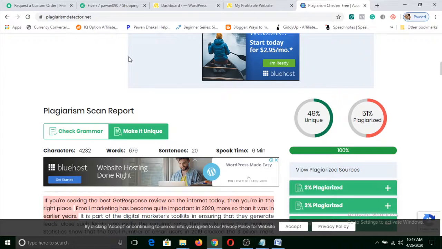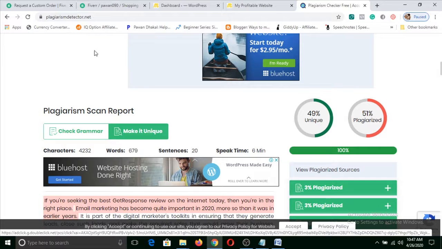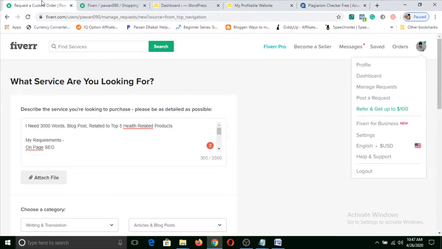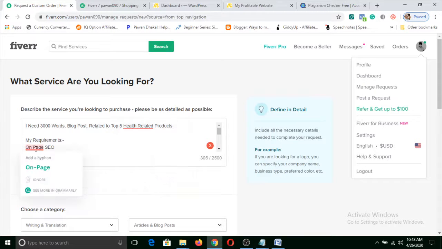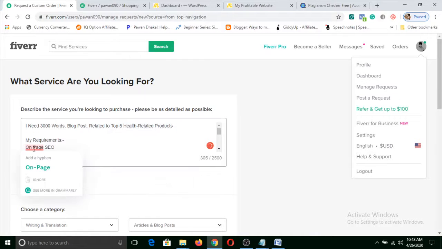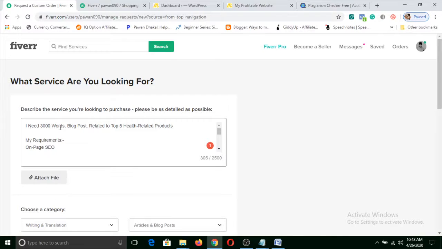So after doing that much, you also need to check grammar. If you see here, I have added an extension of Grammarly. Because of this, red lines are showing, and it is suggesting that this word should be like this, this word should be like this. Now, let's say if I made a mistake while writing a word like WODS, then it will show a red line, and I can click on here and change it.